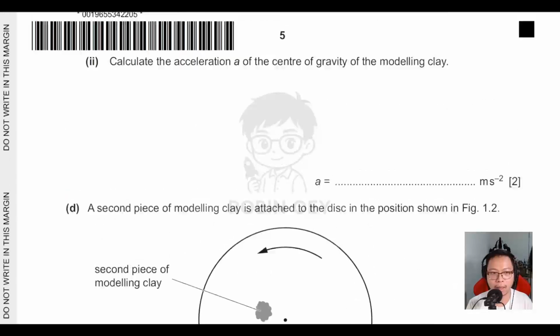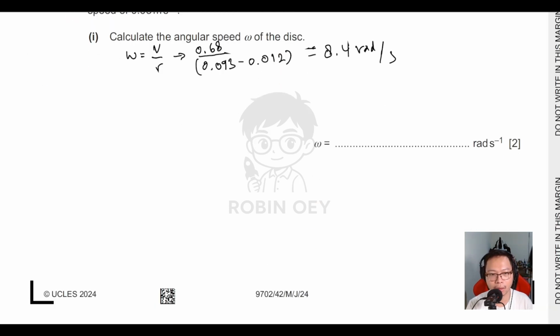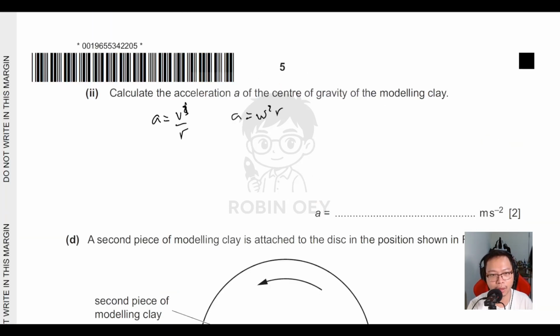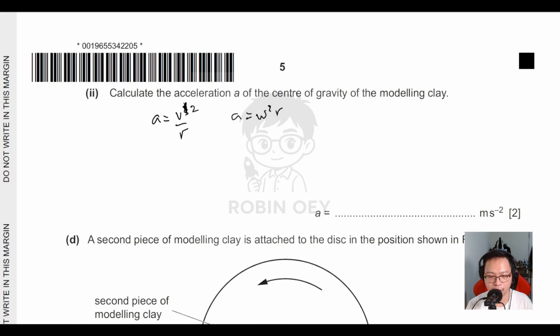Okay, next we have double I. For the acceleration, we can either use V square over R or we can use omega square R, since we already have both. Sorry, this is V square, not V cube. Since we already have both, either one of them should be okay. In this case I just use the omega square R, so the A would be 8.4 square